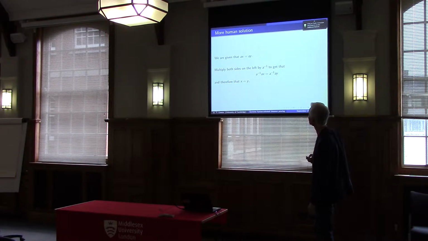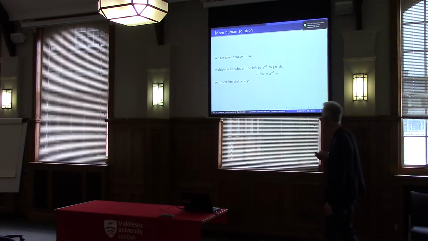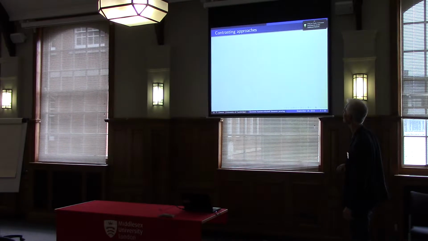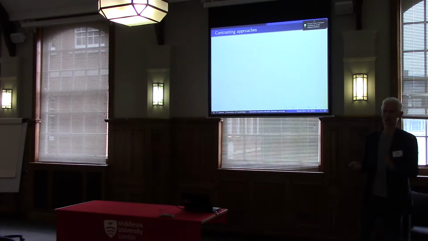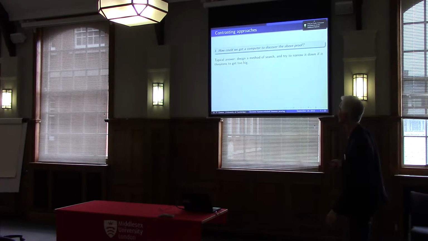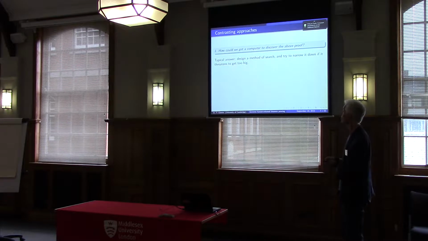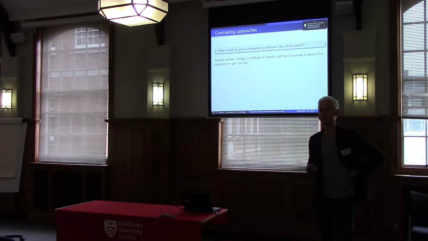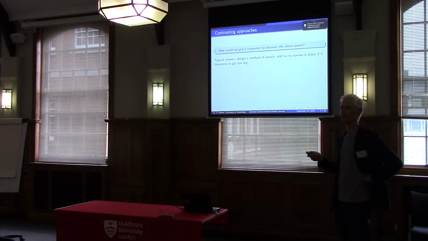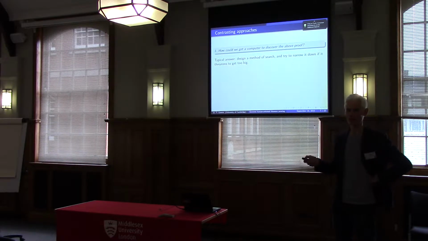But the question I want to focus on really is, basically, why do we multiply by this inverse of A on the left? It's the obvious thing to do for a human. So here are two different ways of thinking about this problem. A more machine-oriented person might think, what program could I write that would end up finding that particular proof? I don't really care how it does it, it's just got to end up with that proof.